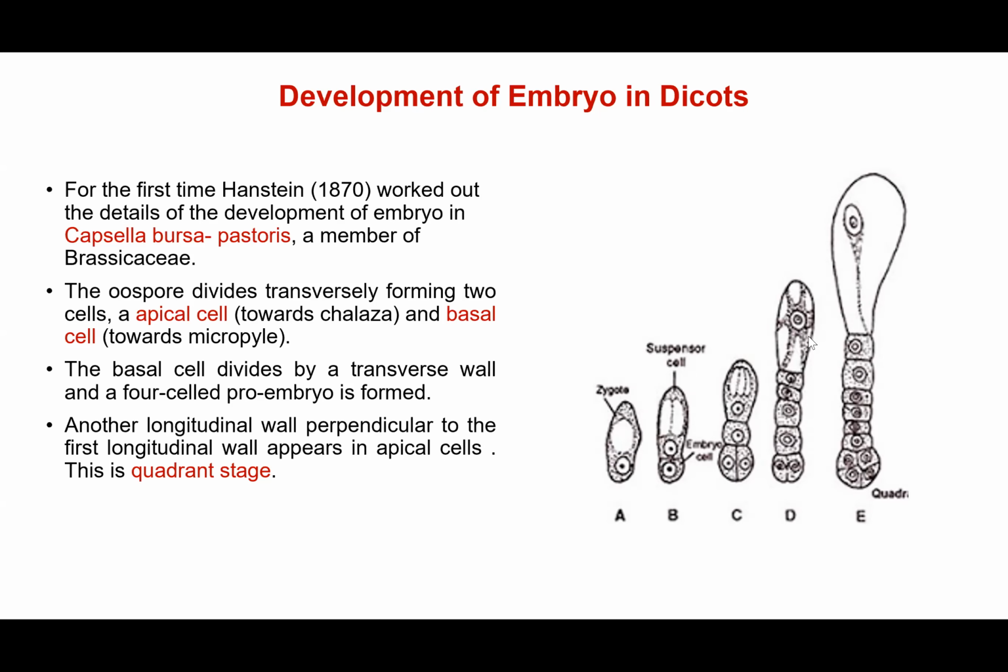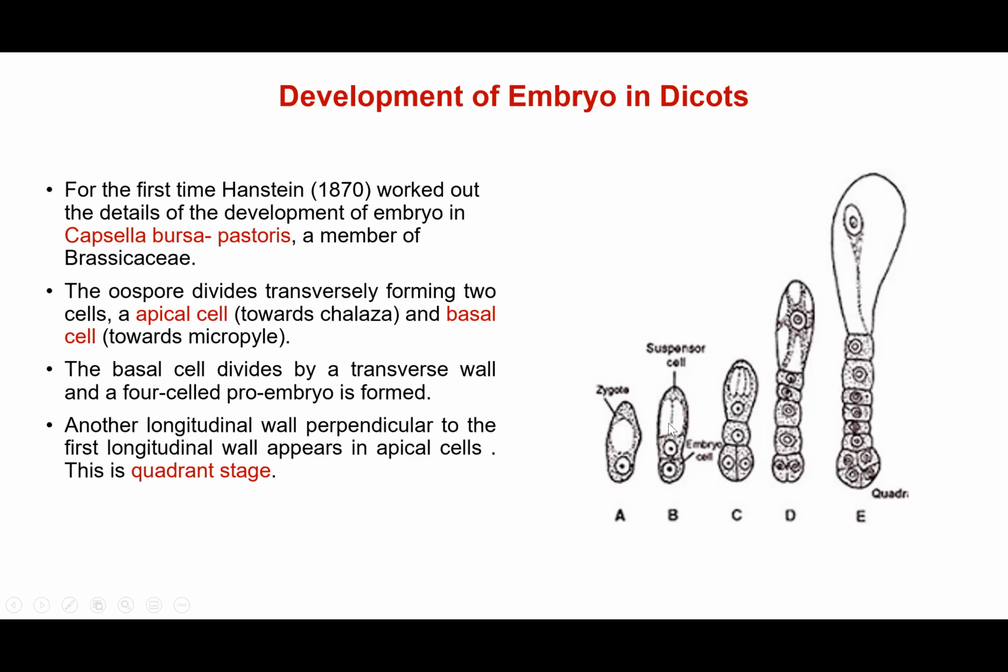So one cell divides to form two cells. At the end of meiosis, we know one cell divides and forms four cells, and the diploid cell becomes haploid. But those divisions only happen in the megaspore mother cell and microspore mother cell. All the divisions that happen in the embryo are only mitotic divisions. So you have your zygote, which is divided into an apical cell and a basal cell. Then a four-celled proembryo is formed.